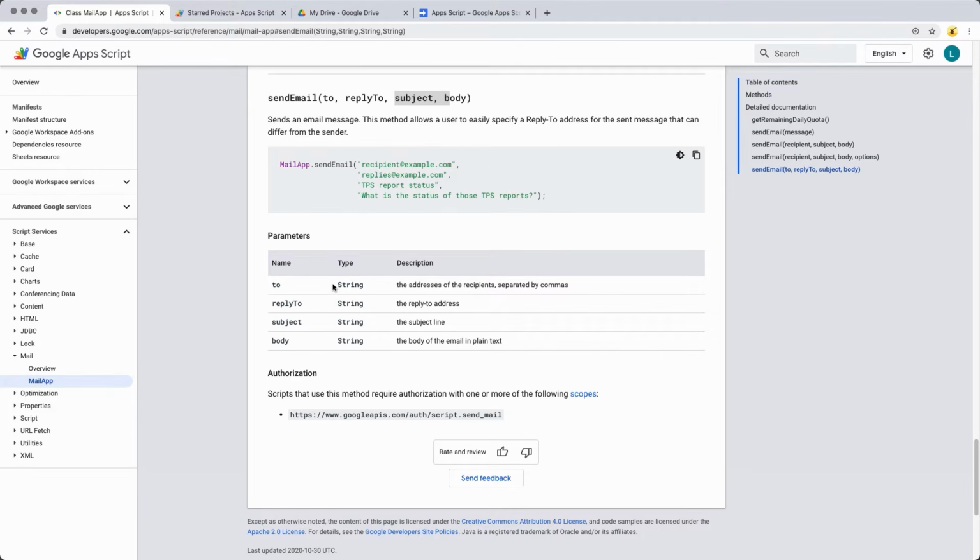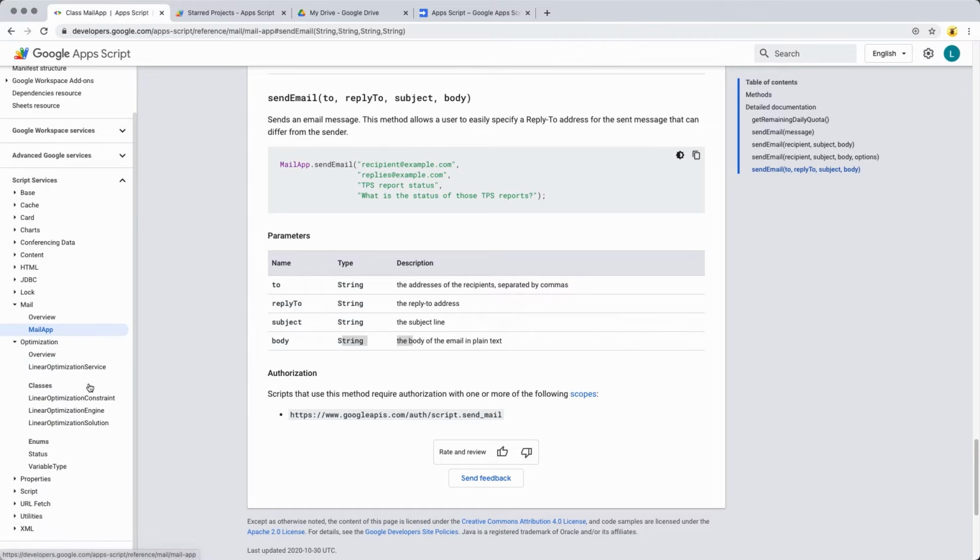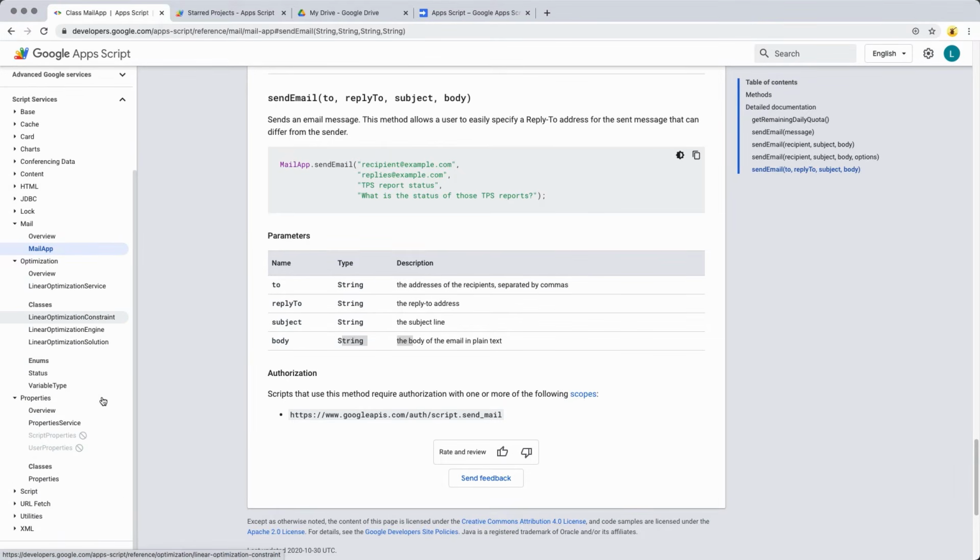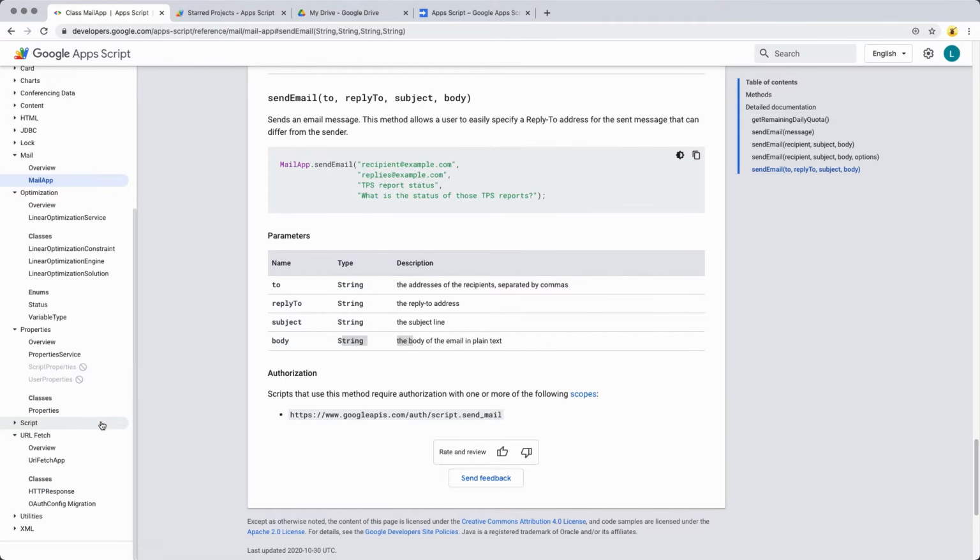So in this case, it's expecting a string value. So we've provided a string value, or in the example, they've provided a string value. The reply to, the subject, and the body, they're all string values. And you can also send HTML emails. Within the optimization, there's also properties service. So this allows you to store content. There's a URL fetch. So this is just like the JavaScript fetch that allows you to fetch different web content